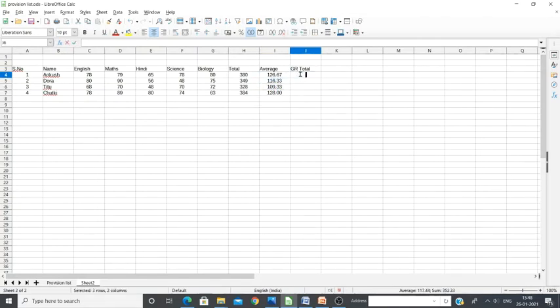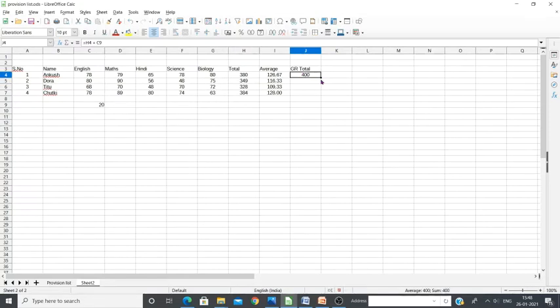Now for the grand total, I have a value in the C9 cell. Here I'm entering 20 marks. The grand total is equal to the total value, here the total H4, plus this particular cell C9, that is 380 plus 20 is equal to 400.